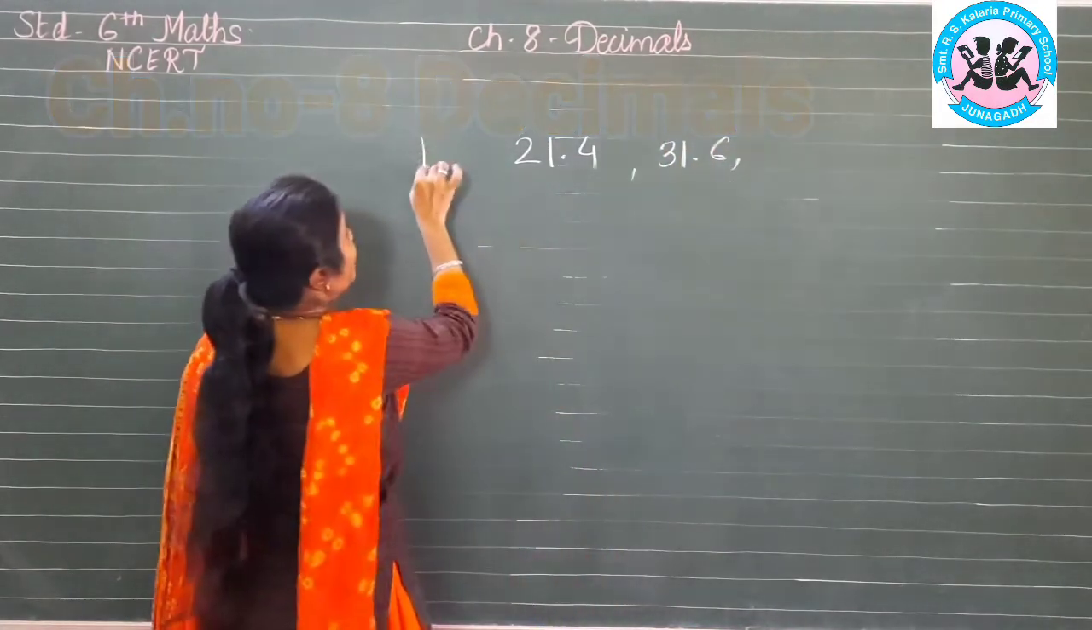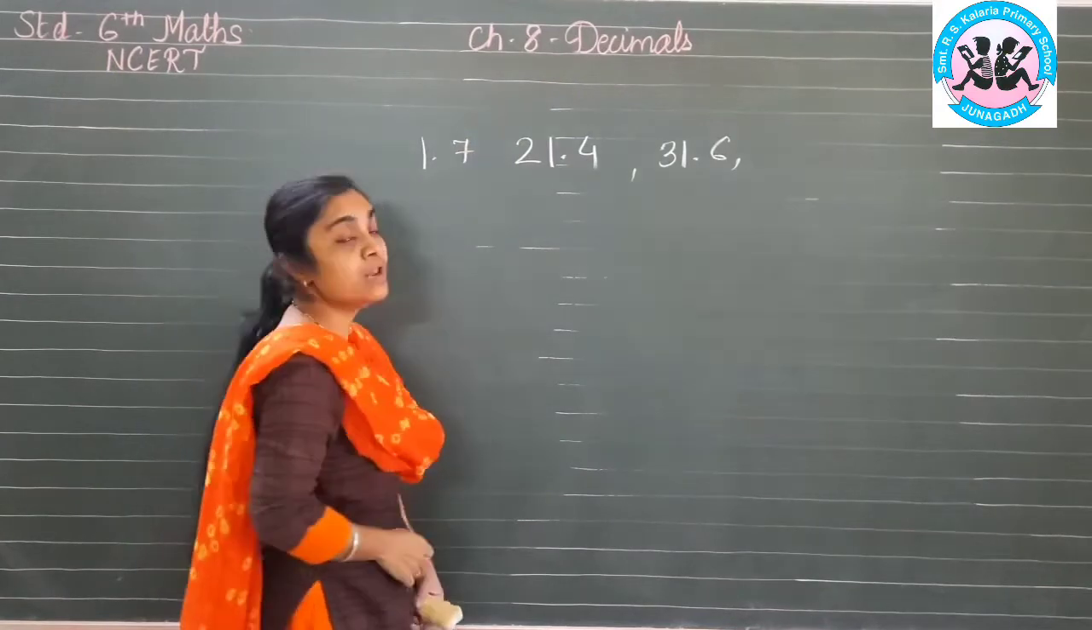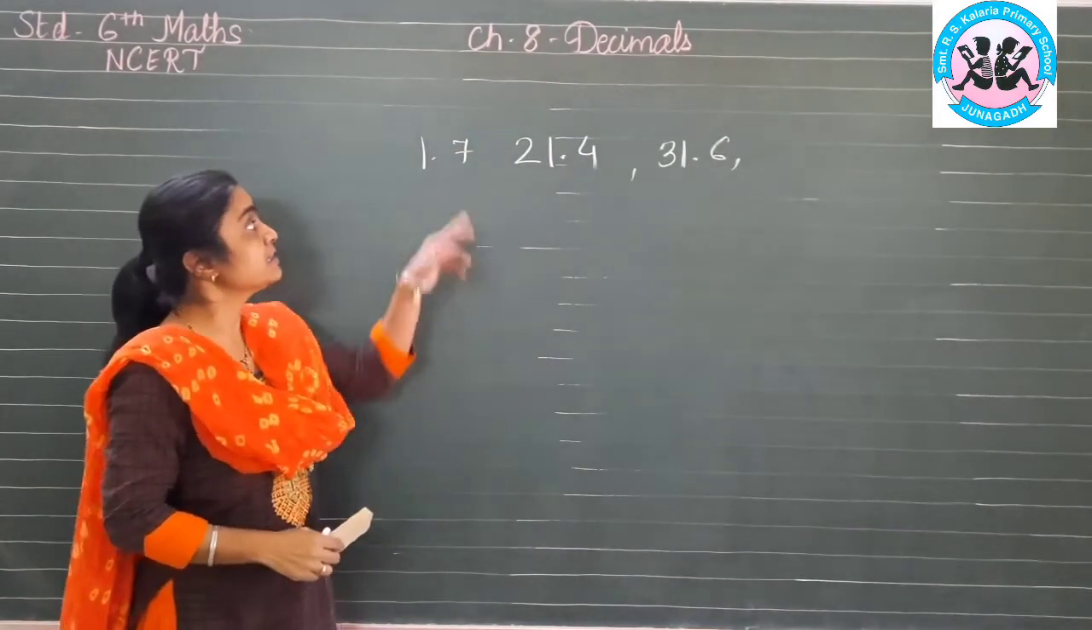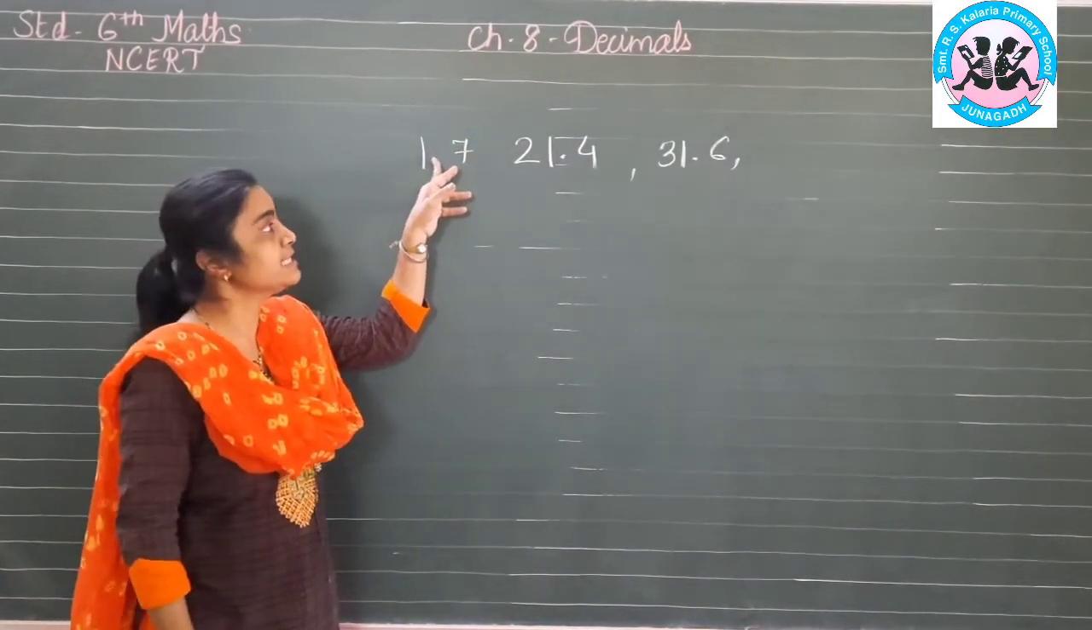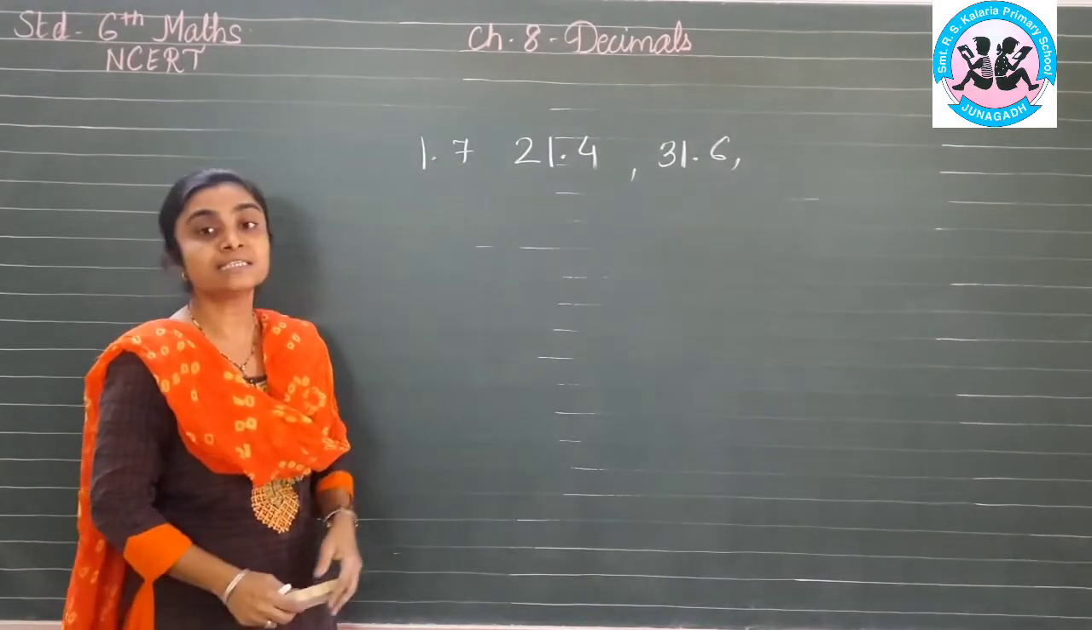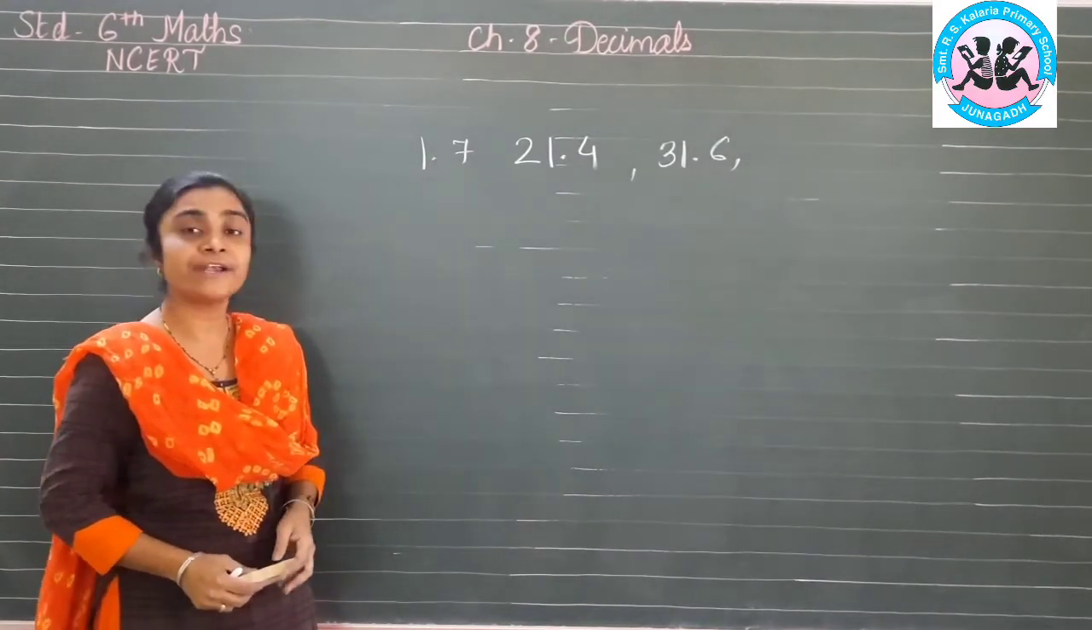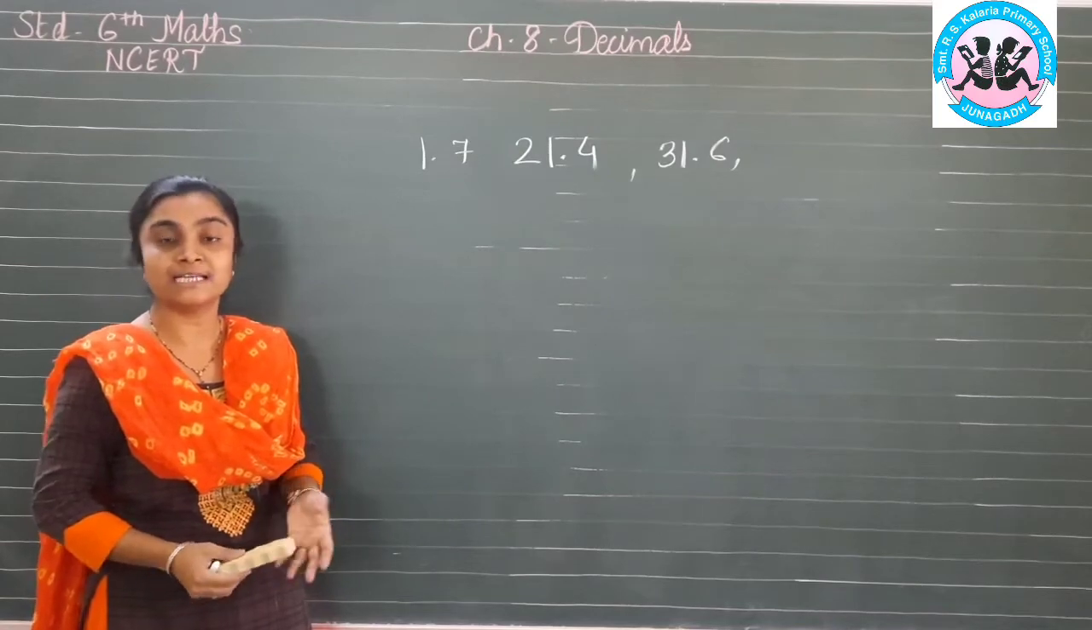31.6, 1.7, these are all decimal numbers. This point is called a decimal point. Now how do these numbers come? We have already seen in the previous chapter, that is chapter number 1,